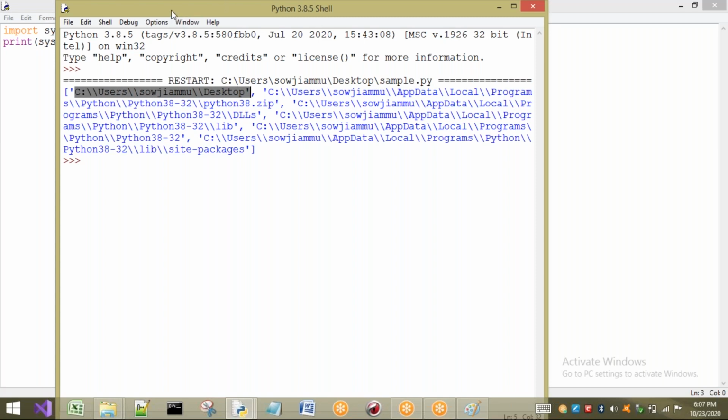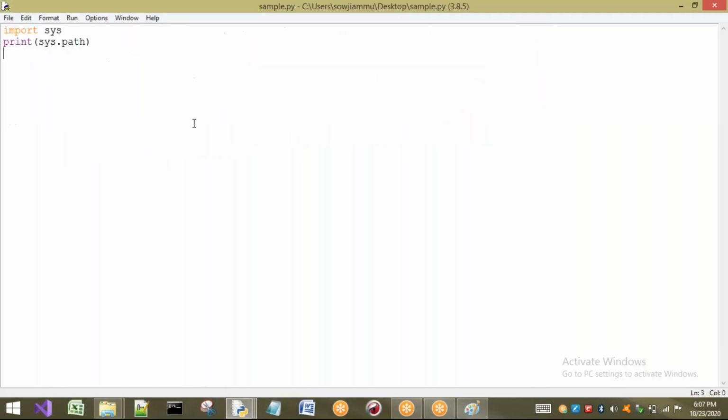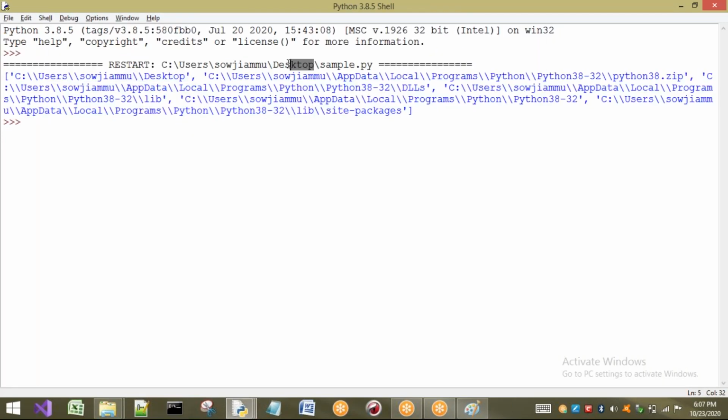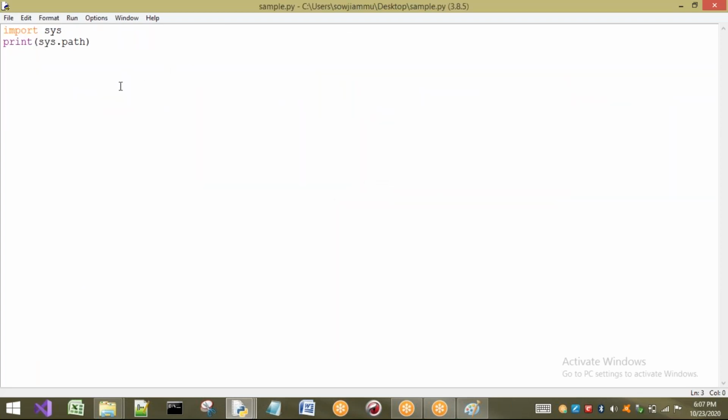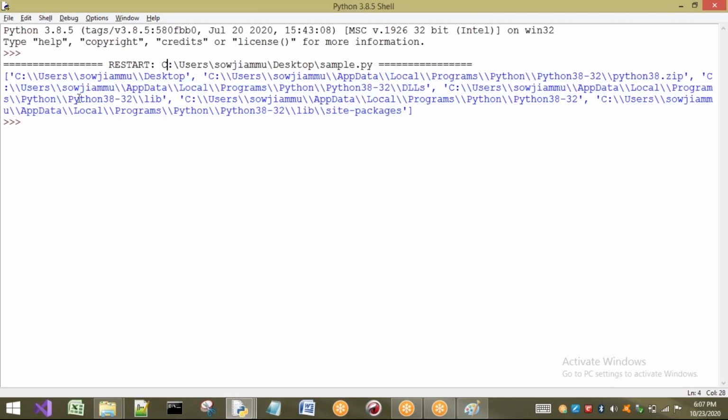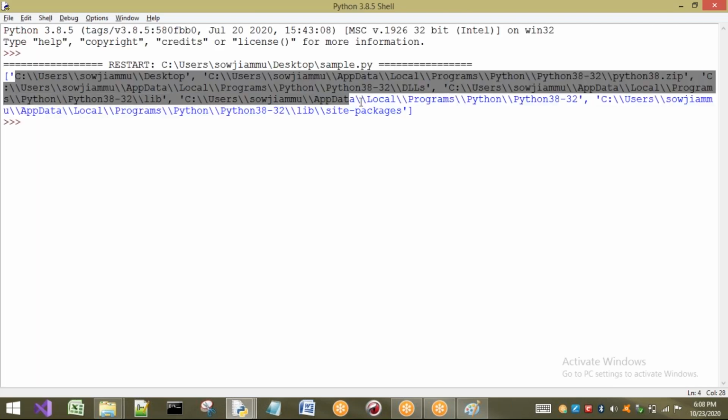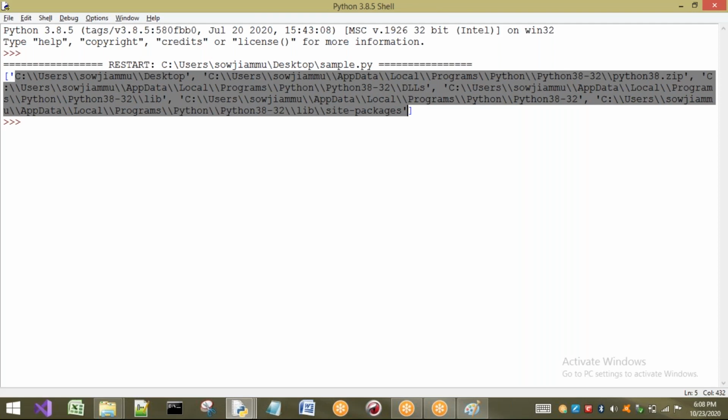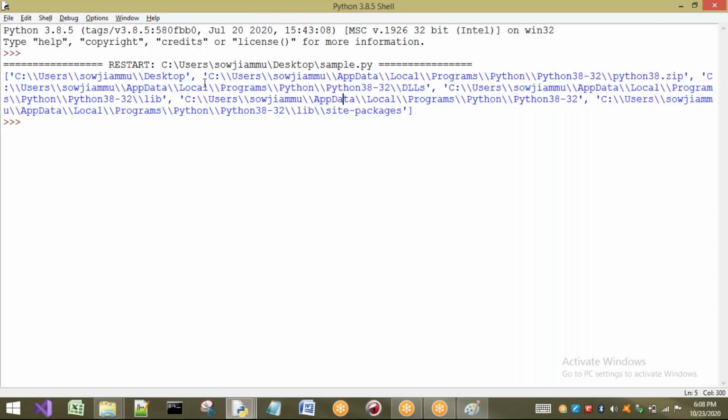Now I want to access a module from a different drive. My current working directory is the Desktop, in the C drive. Now I want to access the module M1 which is present in the D drive. So in my path, observe, is there any directory called D? Here it is C. Next one, here also C. Next, C directory, and C directory I am having.